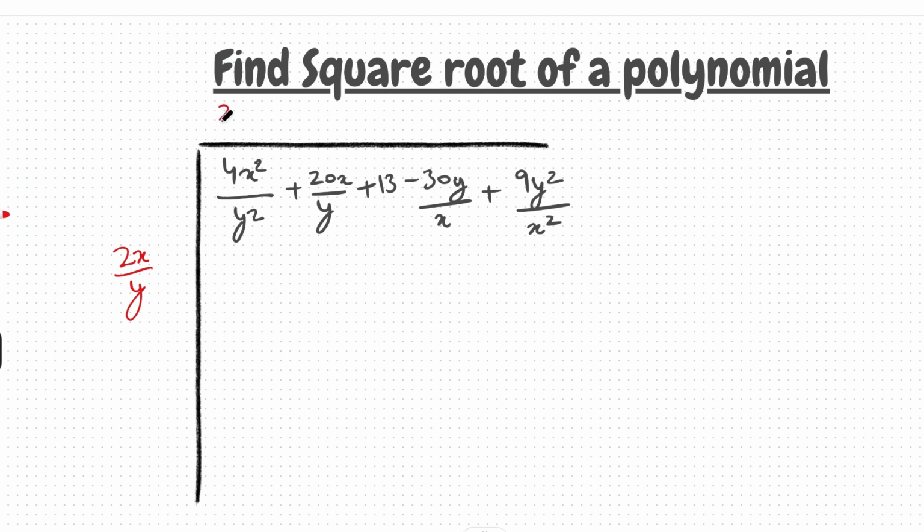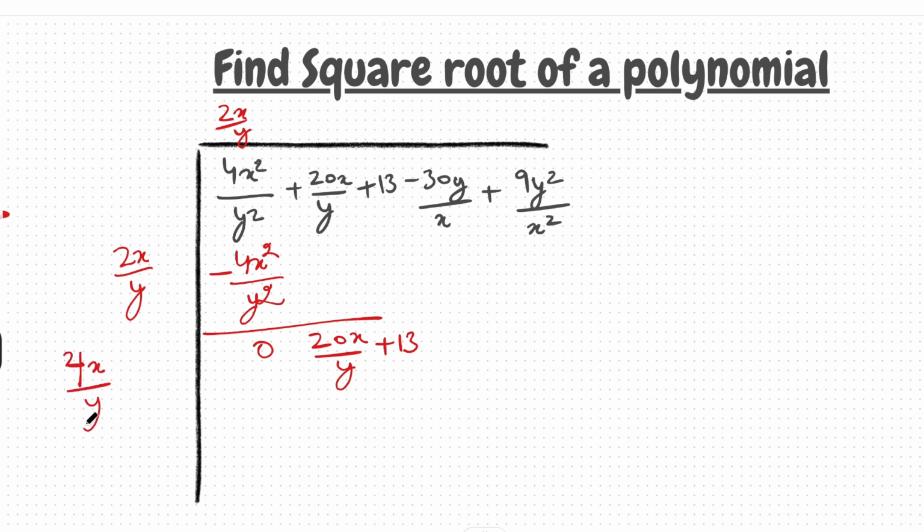Let's write 2x upon y in our answer part, and if we multiply both of them we'll get 4x square upon y square, and if we subtract we'll get 0 here. Next we'll take the next two terms down, which is 20x upon y plus 13. Okay, and then we'll write the double of this term here, so that will be 4x upon y plus